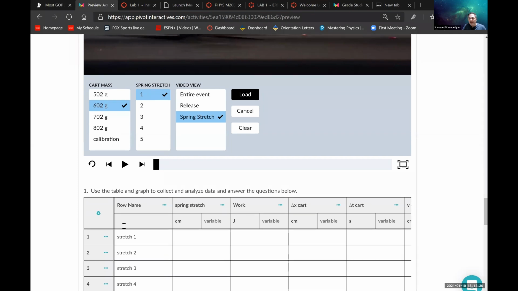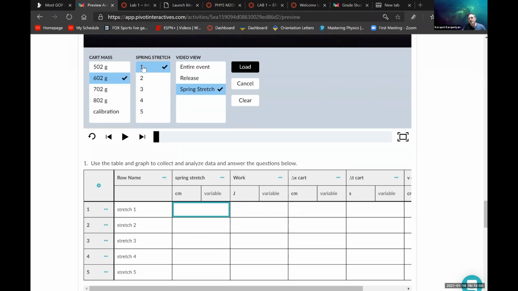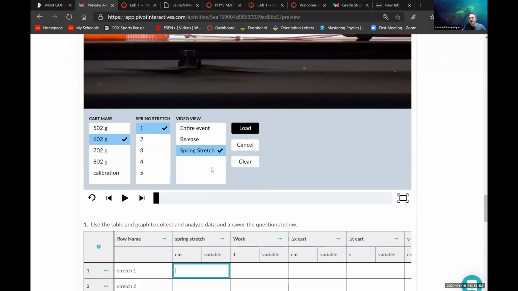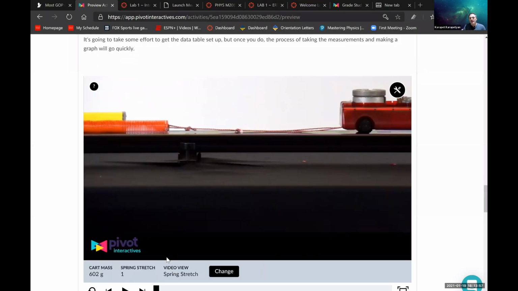So you're going to take data, and I already have the table, as you can see, right? I already have what the columns should represent. So what is this, the spring stretch for this condition? That means exactly what we did before, right? So let's say if we did this one,